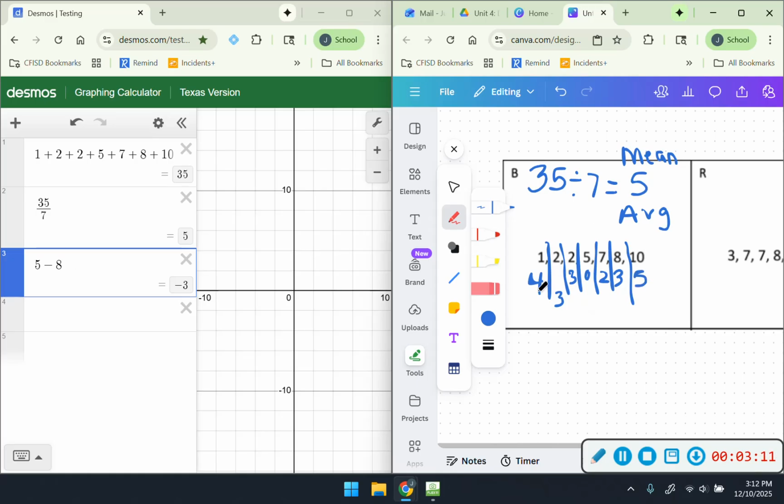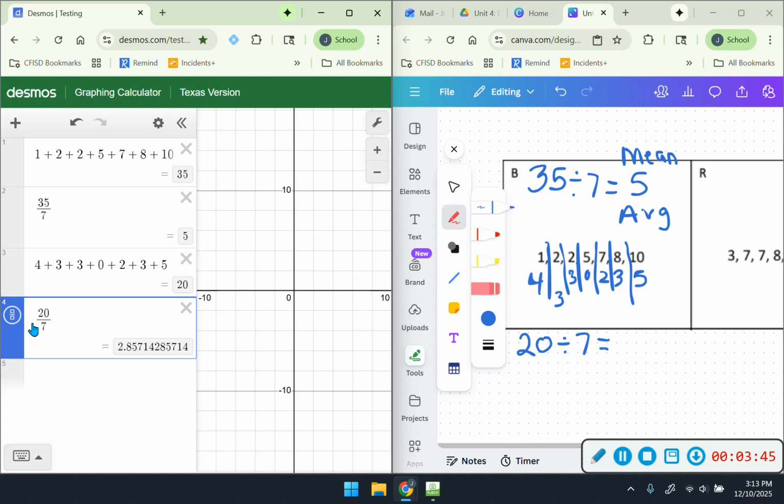I'm going to add one more time, and I'm going to add up all the numbers that I just found the difference for. So I'm not going to risk adding in my head. I'm just going to type it out so that way it's all in there. Okay, so there's all my numbers. I got a total of 20. We're going to divide one more time, and we're still dividing by 7 because there are 7 numbers. So 20 divided by 7